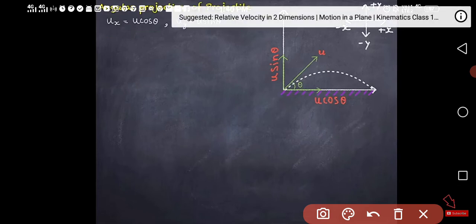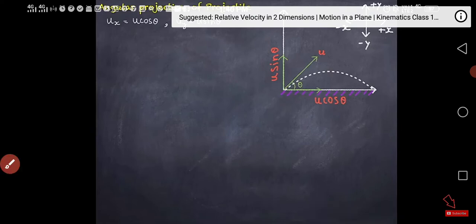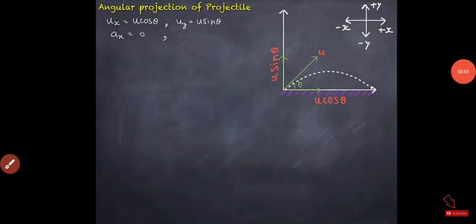Okay. Now students, again we will do the same. We will write the equations of motion and we will calculate the equation of the parabola. For this, let us write ax equal to 0. Now why is ax 0? I told you that the object we are throwing upward, towards the horizontal the acceleration is 0, because we are not accelerating it horizontally; we are throwing it in the upward direction and it is coming under the action of gravity. Once again, ay is equal to minus g.